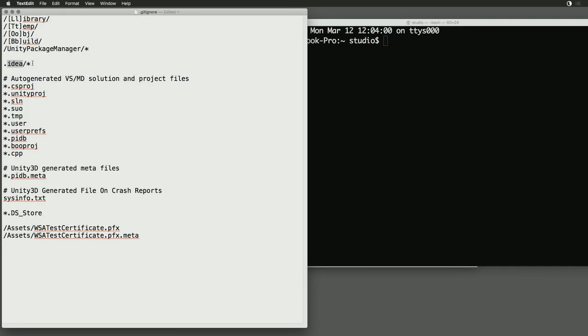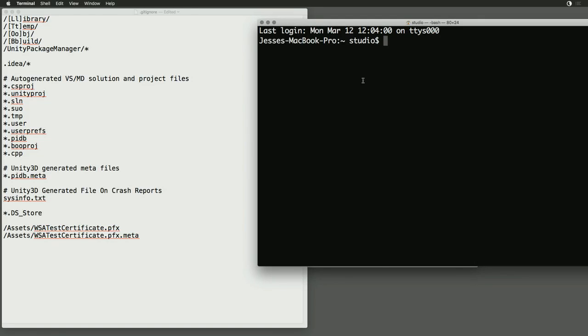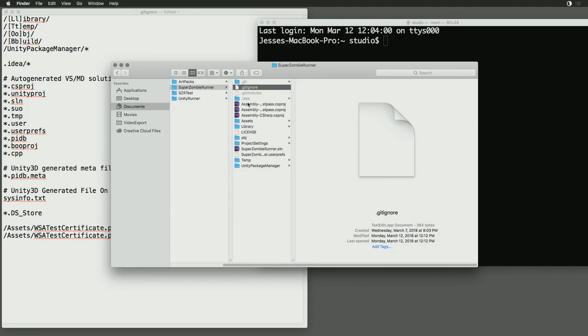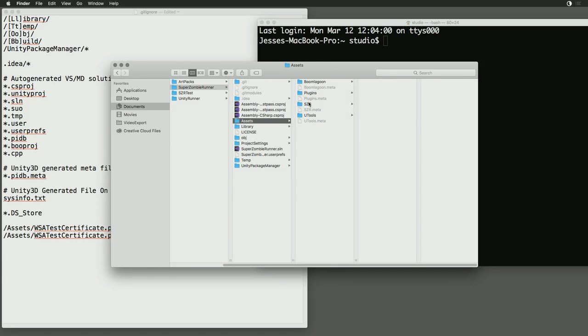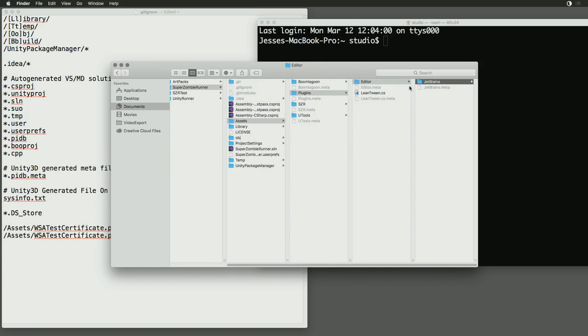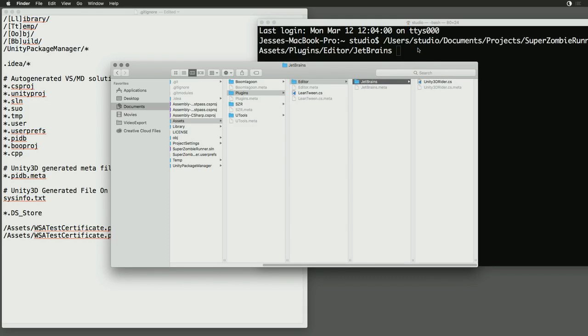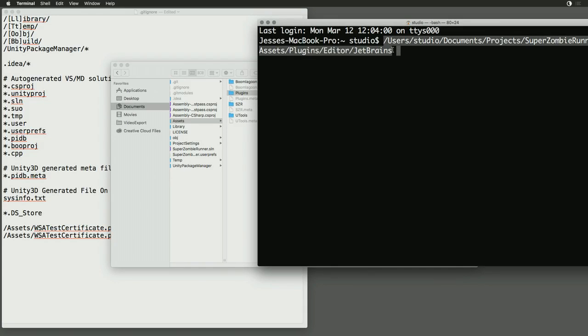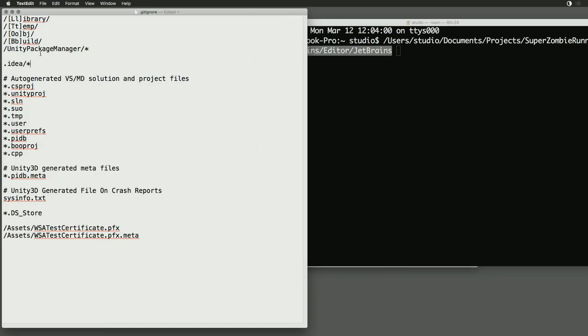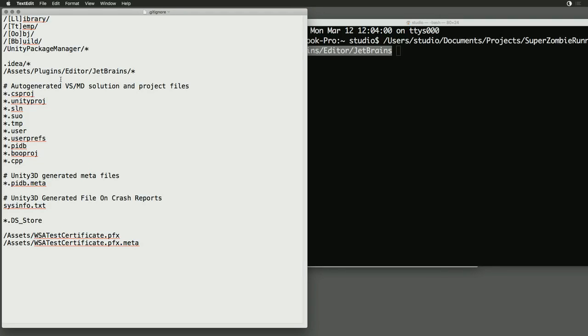the IDE folder for any IntelliJ projects. So I want to go here and we're going to go into the Assets, Plugins, Editor, JetBrains, and we're going to try to get this to actually ignore this. So we're going to do slash JetBrains slash anything inside of this JetBrains folder. And then